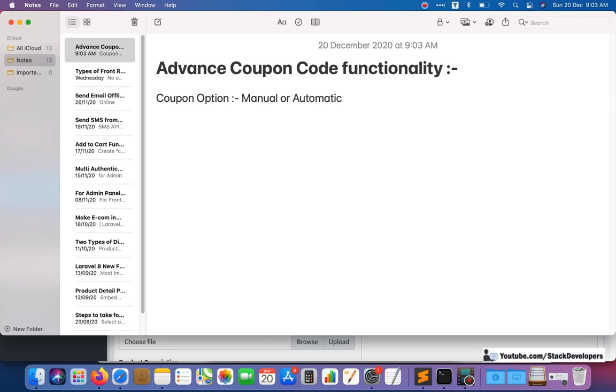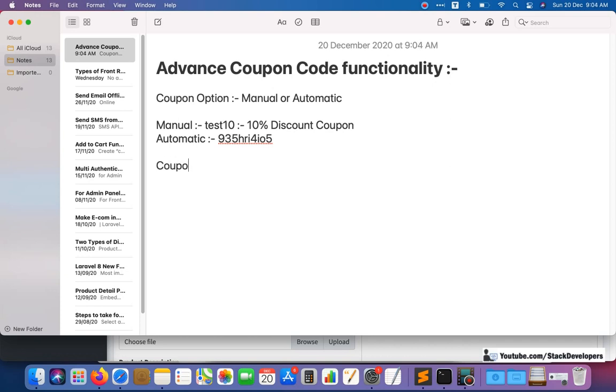With a manual coupon you manually type something like test 10, which will be a 10% discount coupon. Automatic means it will automatically generate some coupon. So this is the difference between the manual coupon and the automatic coupon.